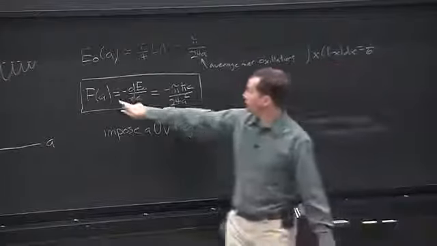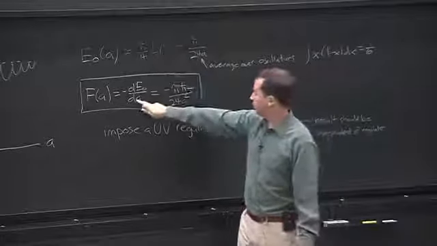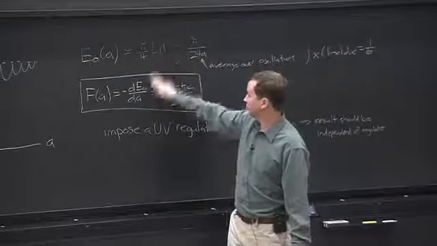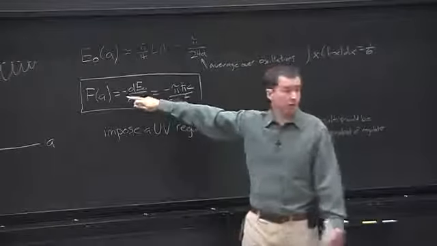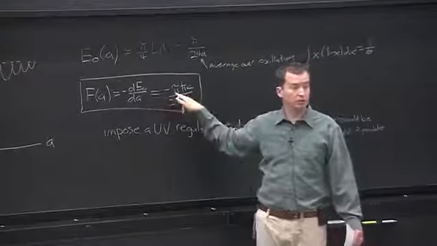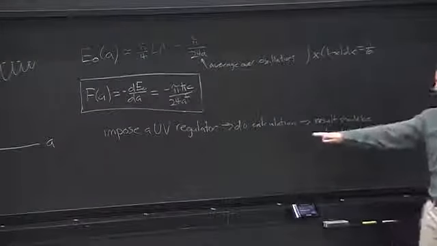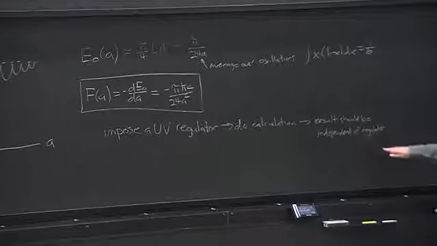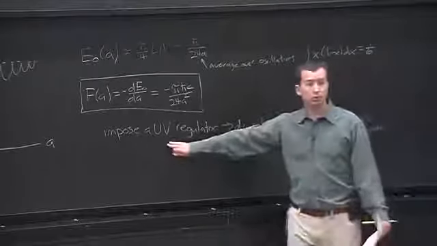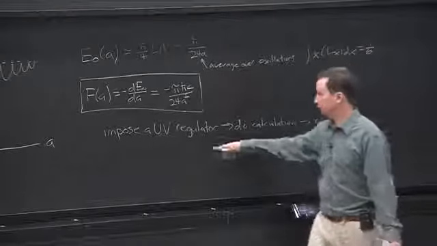So in our force, our regulator, lambda, dropped out. And we can remove it just by taking it to infinity. It doesn't show up in our final calculations, final answer, so it doesn't affect anything. So this is a procedure we'll do again and again. And one of the reasons we trust our calculations is that even though we